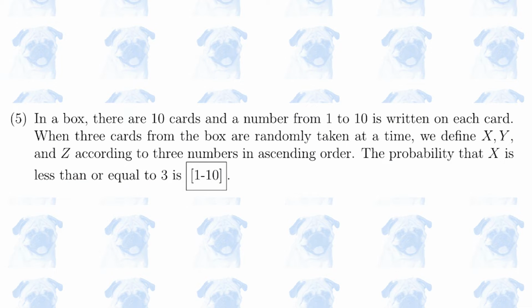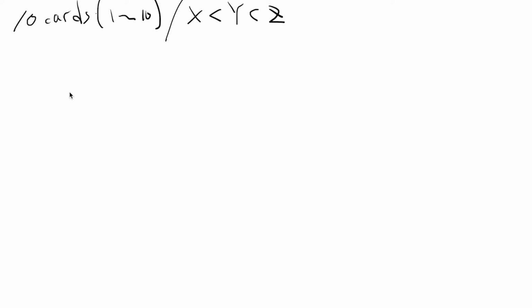Number 5. In this question, there are 10 cards in a box, with numbers from 1 to 10 written on them, and we randomly take 3 cards out of the box. And we need to find the probability that x is less than or equal to 3. How many possible combinations are there? Out of 10 cards, we are choosing 3. So 10 choose 3 is